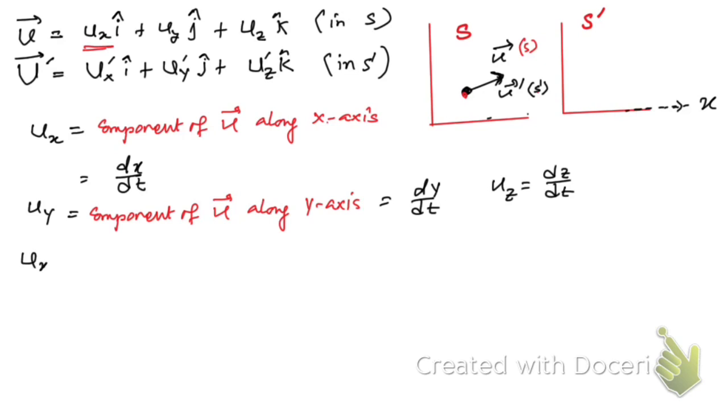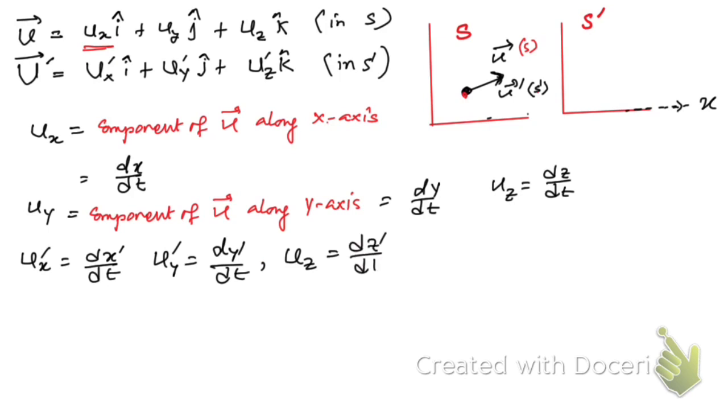So similarly, ux dash will be equal to the time derivative of x dash, and uy is equal to the time derivative of y dash, and uz is equal to the time derivative of z dash, right? So that means what actually,